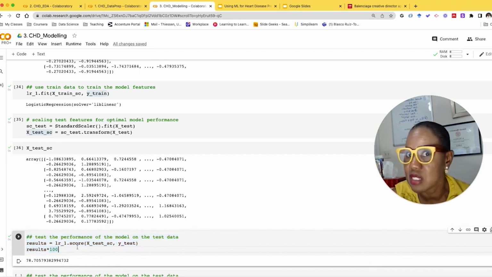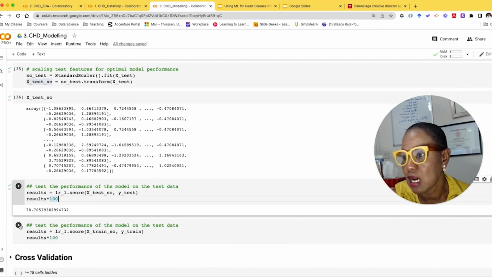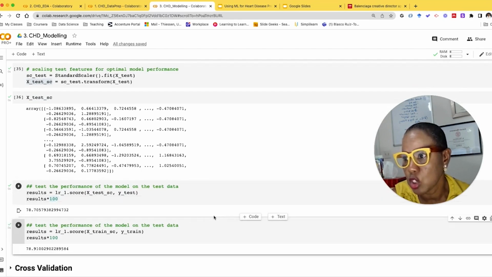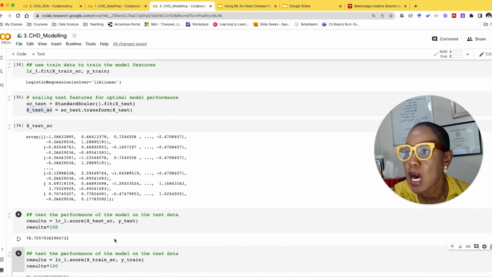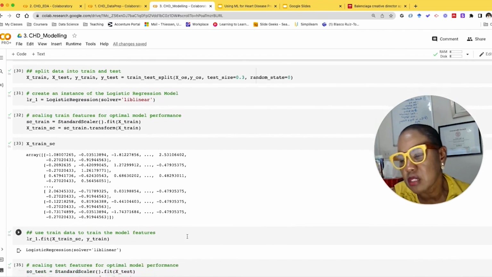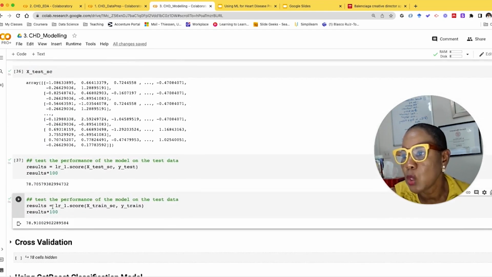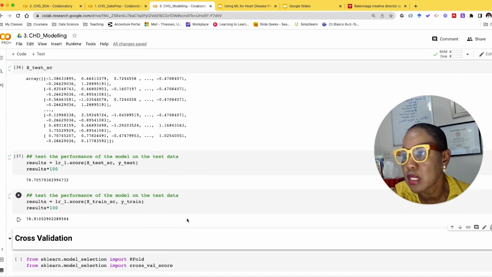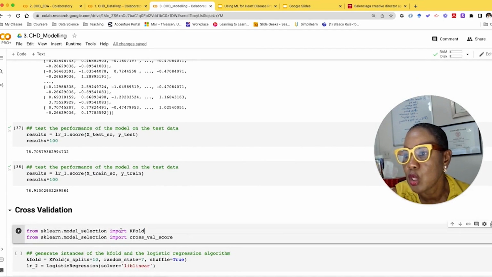It went from 77 to 78, and as far as the training set, yeah. So not much of an improvement here, but we added some variables that I thought were important. Didn't prove to be so much. But we can now look at some other things we can do as far as our model is concerned using some different